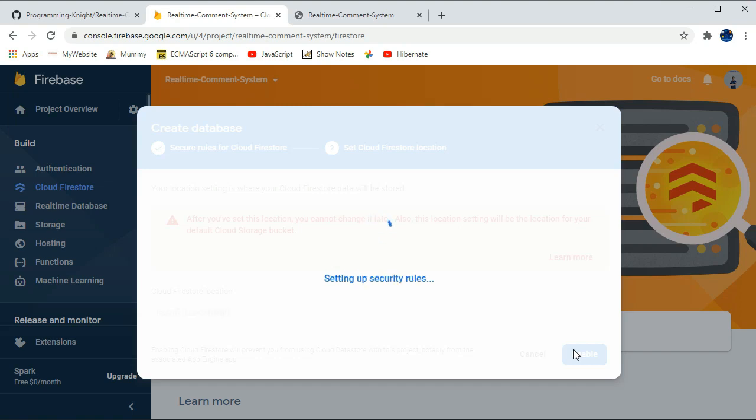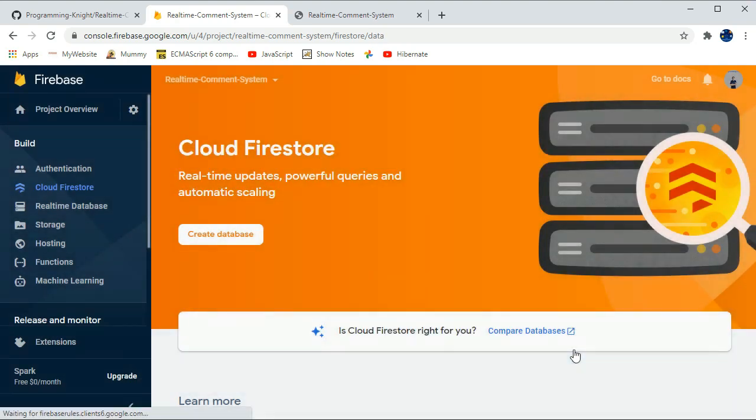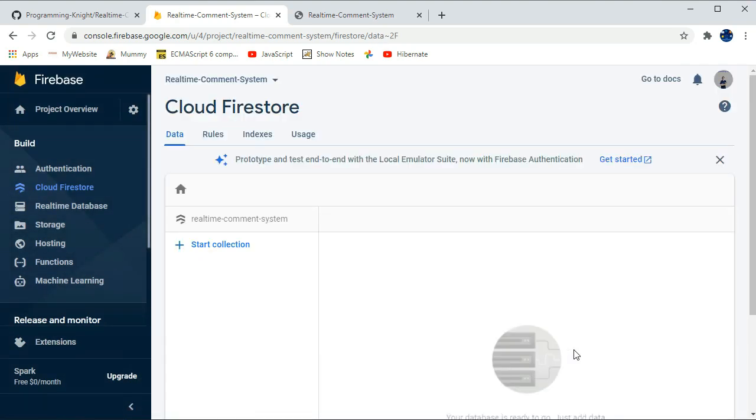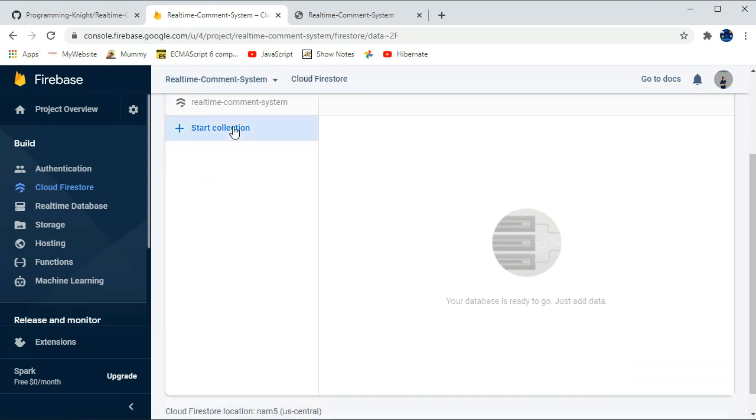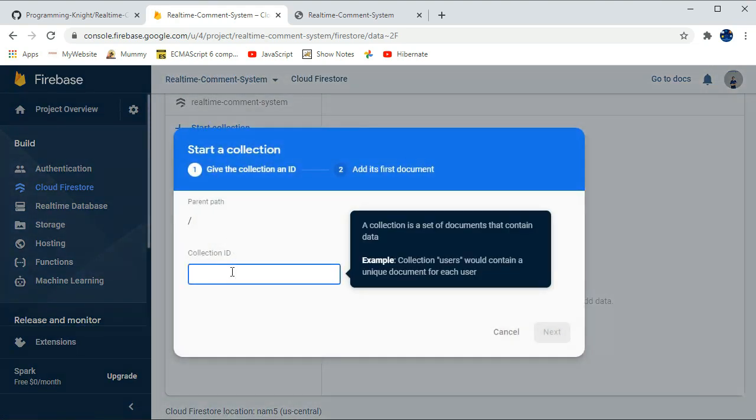Okay, setting up the security rules, and it may take some time to set up your Firestore, to set up your cloud locations where you want to get this Firestore. So as you can see guys, it has been loaded up, and we will say start a new collection, and here I will pass in comments. Okay, which name we passed in that